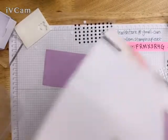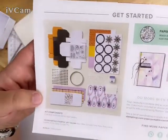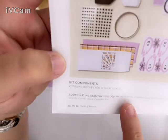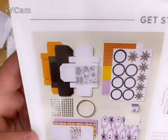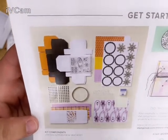All right, so let me show you something. On the back of the instructions, this is the front, this is the back, okay? It shows you all of the things that came in the box. It also shows you some alternate things you can do, but down here, coordinating Stampin' Up! colors. So they used basic black, crushed curry, so that's this color here, a yellowish color. Fresh freesia is this color that they used. Gray granite, which is going to be the gray in the